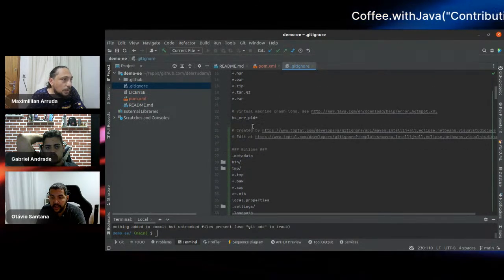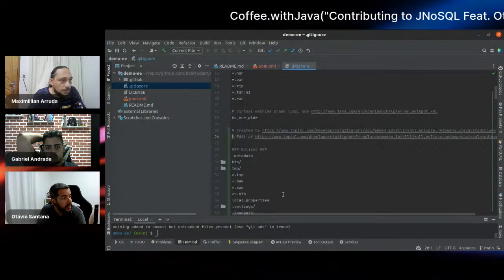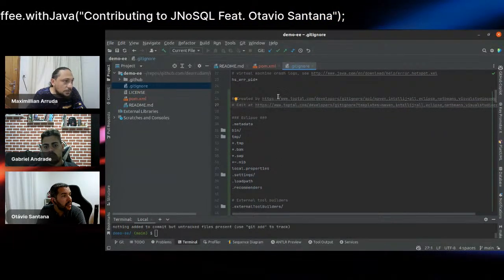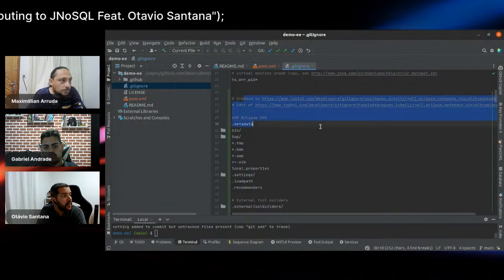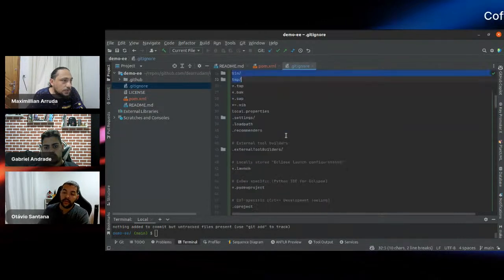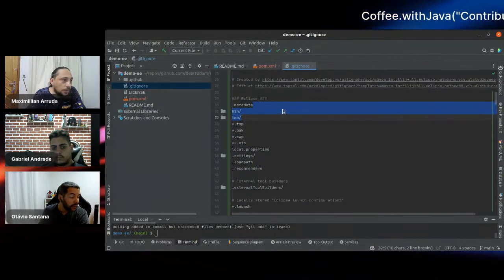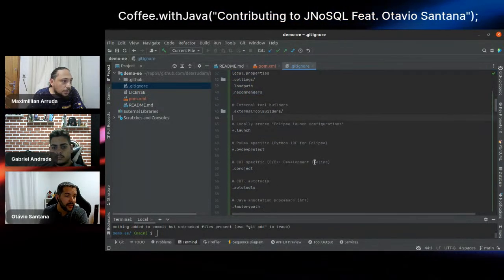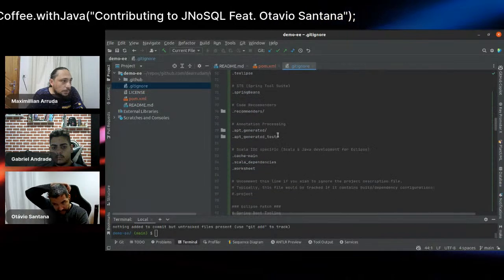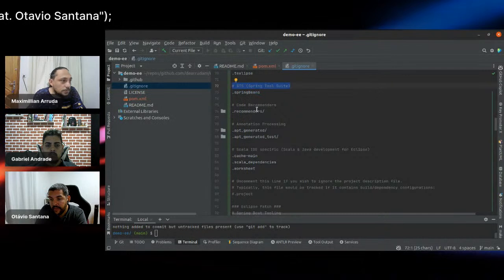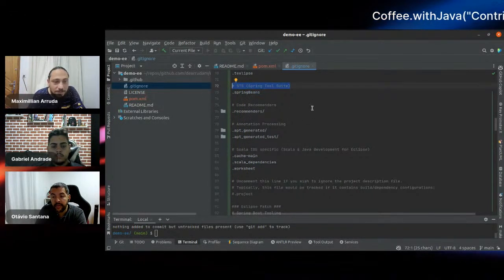Here is the information that I got from the portal. So right here I'm just ignoring Eclipse files, probably. And further down we can see something about Spring Tool Suite. It's an IDE based on Eclipse provided by Pivotal.